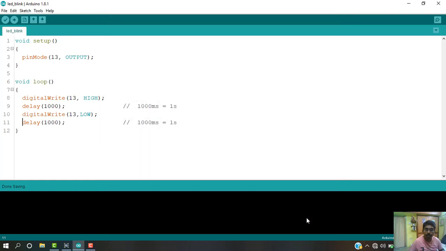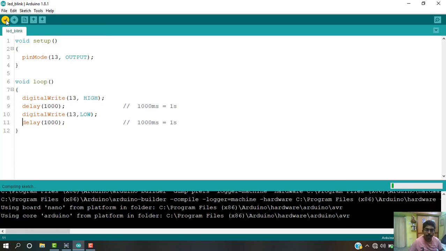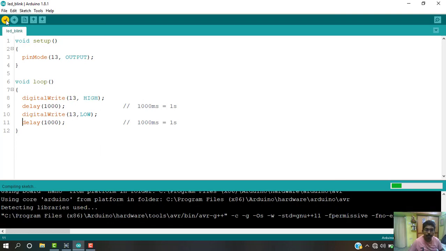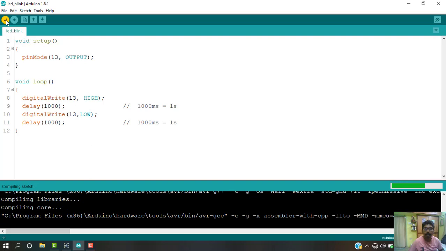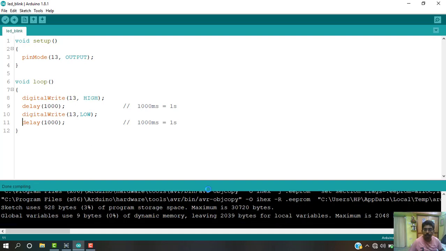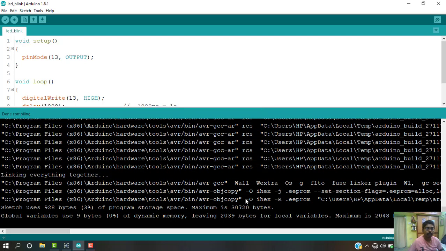And then select OK. Now we are going to compile it. Press the tick button over there, the compile button. Now Arduino will start compiling your program. Arduino finishes compiling.